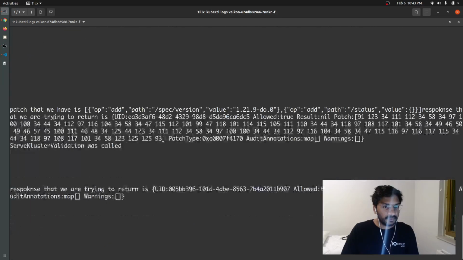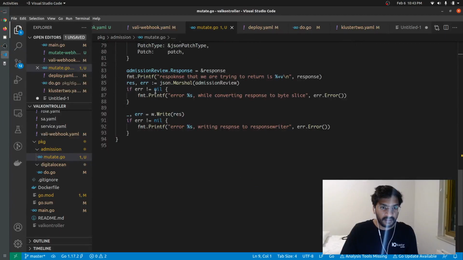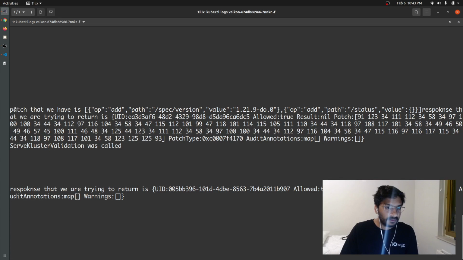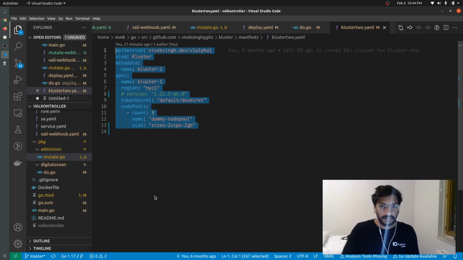So if you see here, the patch that we have, if we look at this particular source file, we are trying to print the patch. This is the patch that was created. The operation is add, and in spec/version, add this particular value. So if we try to have a look into this particular manifest,